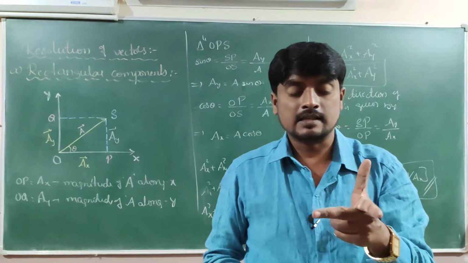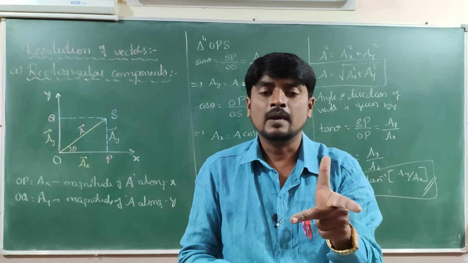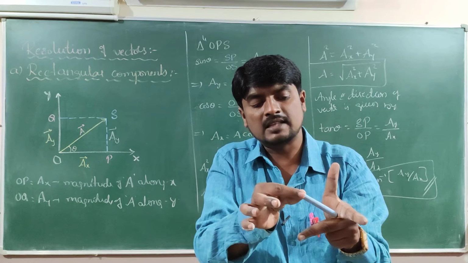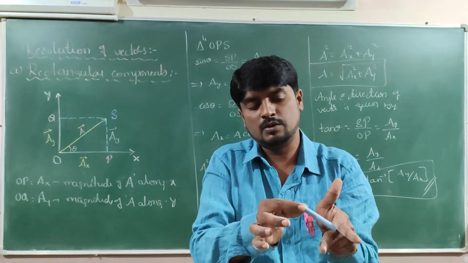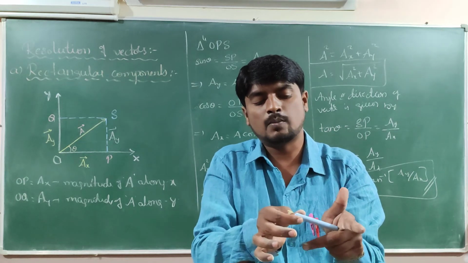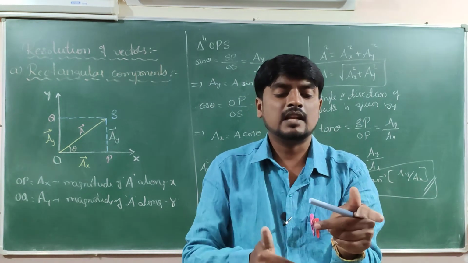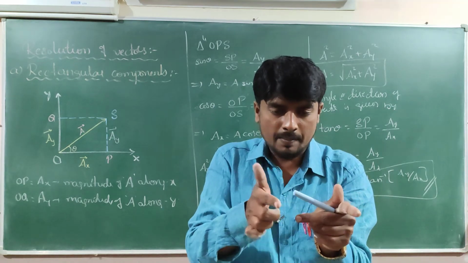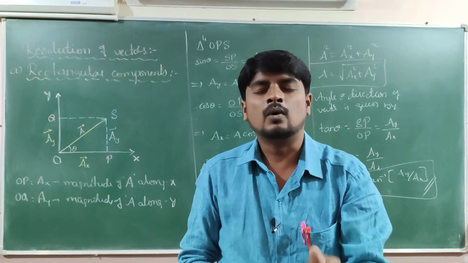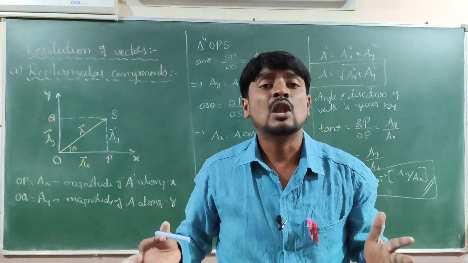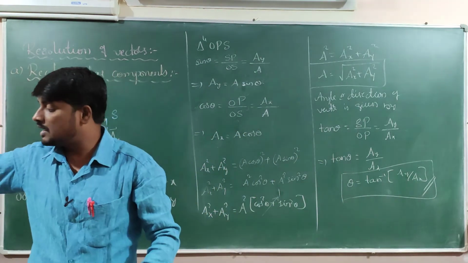As I said in the previous class, let us look at this. X axis is there, Y axis is there, Z axis is there. Suppose I take a vector lying in this direction like this. If the three mutually perpendicular axes are there, draw a perpendicular line to all the axes. Now at that time, how will the components look like? Let us pay attention, a very important concept.